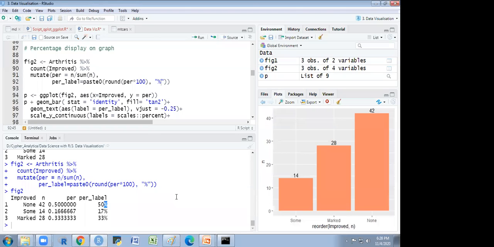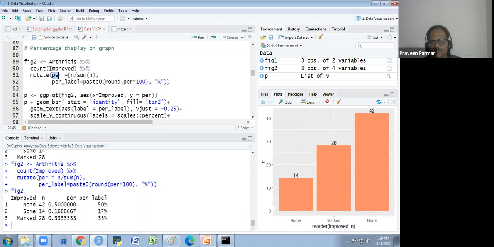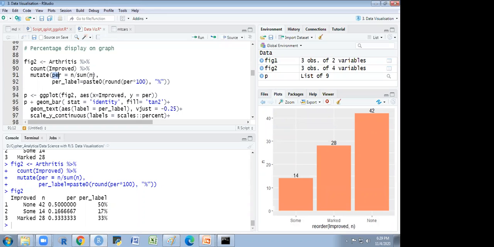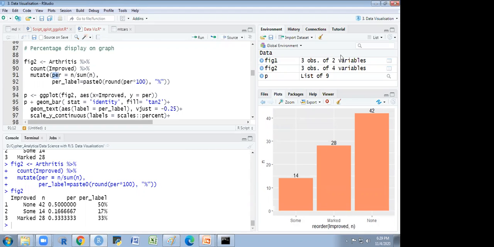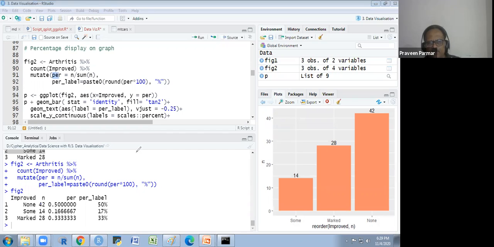Sir, can you explain again once more? First, we are making the proportion n by sum n. Yes, sir. This you have got. How we got this proportion? This is 42 and the total is 84.